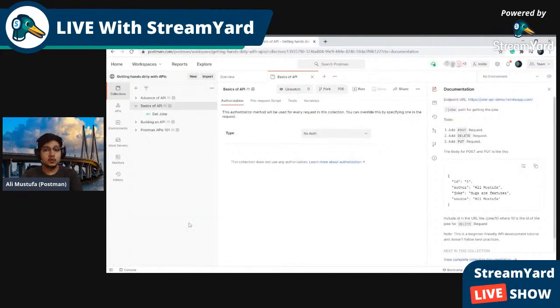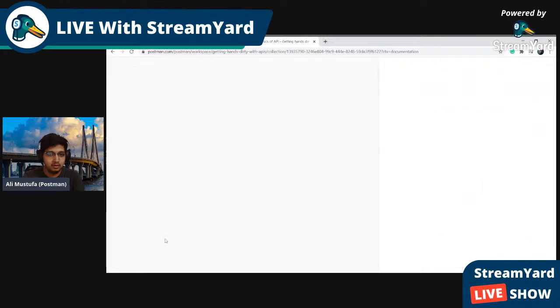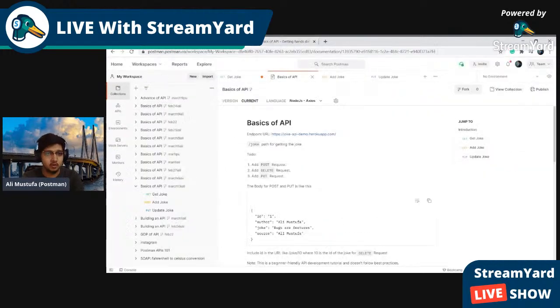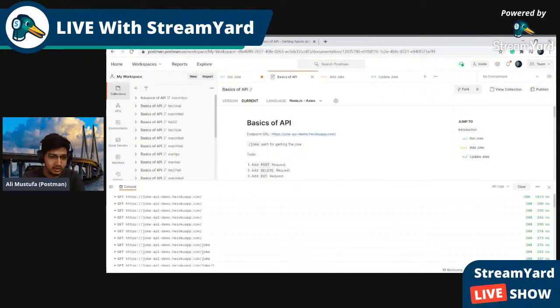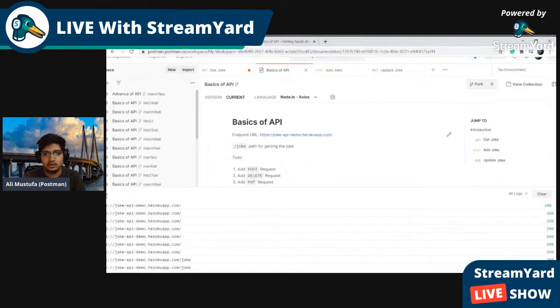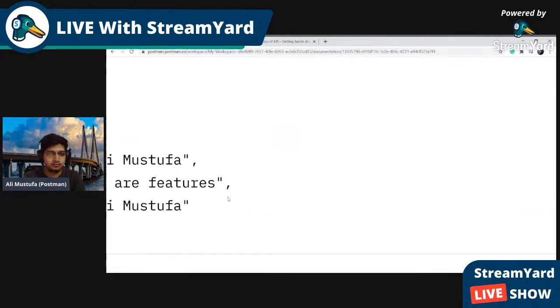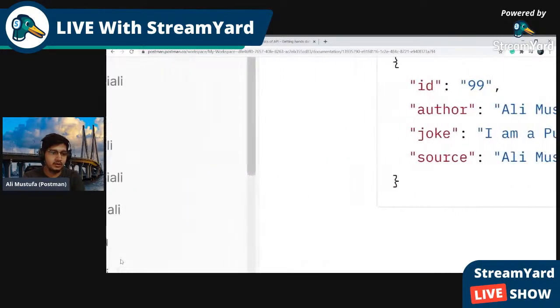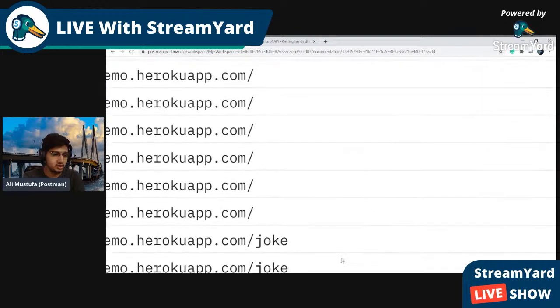Also, for the nerds who want to see the code behind, you can click on the console, which is on the bottom left. Let me zoom that. On the bottom left, you can see a console, and if you click on it, you can see all the requests which you have sent. Ah, I don't see. Okay, no, this is a public workspace. Sorry. I can click on the console here and you can see all the requests which I have sent in this session. Why is it not zooming? Yeah, it is zooming right now. So here you can see the console on the bottom left. This is where the console is situated.